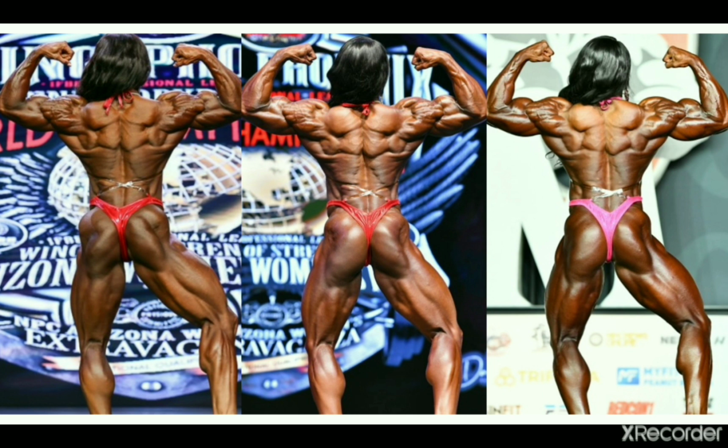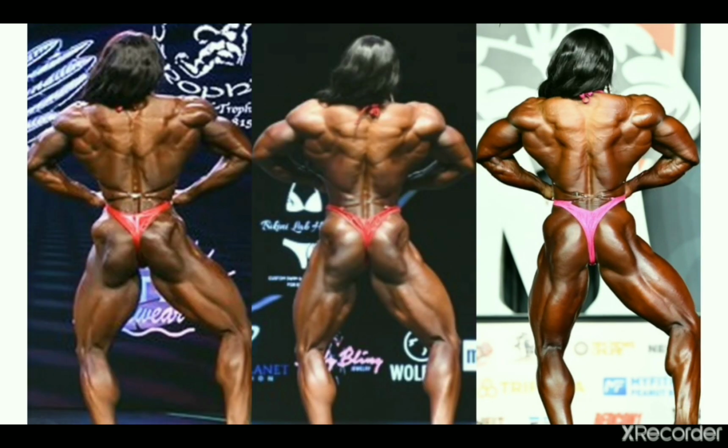And the other back pose, the rear lat spread, I think in this pose, 2020 Rising Phoenix has got to be last. And the back and legs are super detailed and defined, there's no doubt about it, but the lats are just the smallest and the V-taper looks by far the least impressive. Maybe she isn't spreading her lats fully, possibly, but I can't really tell,